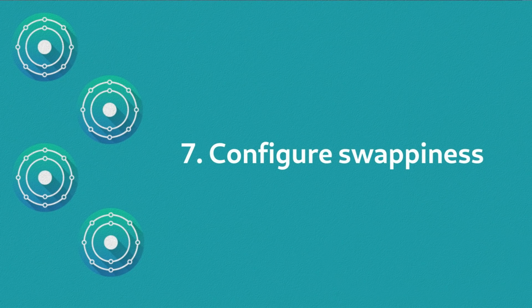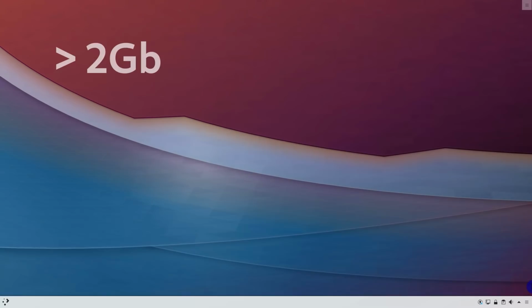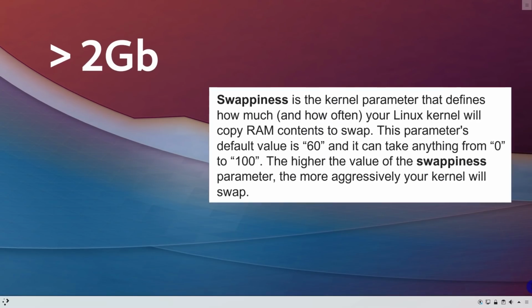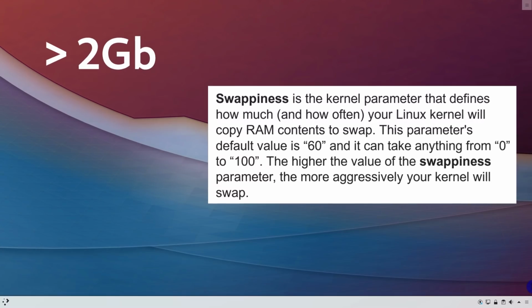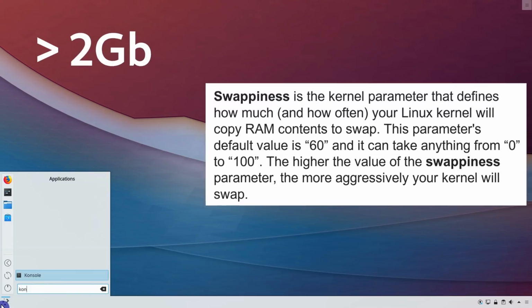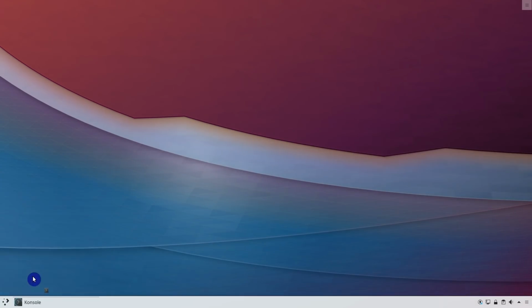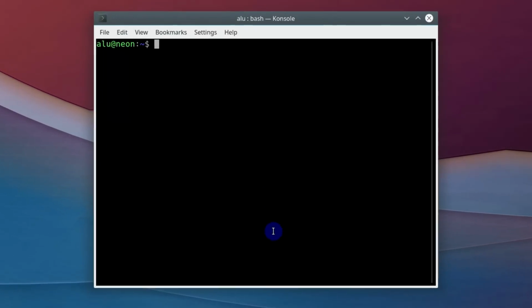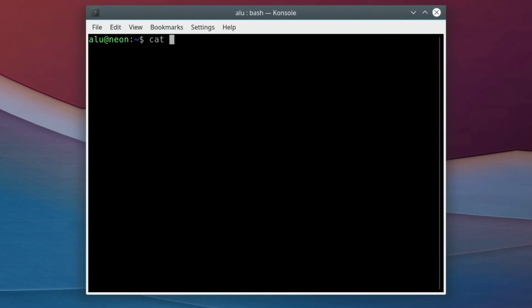Number 7. Configure swappiness. If you have more than 2 GB of RAM, you can also benefit from using your RAM memory as much as possible and restrict writing files to the swap partition, because swap partition is slower than your RAM memory. So to do that, you need to open terminal, and we can check the default value of swappiness. You need to run the command cat /proc/sys/vm/swappiness, and the default value is